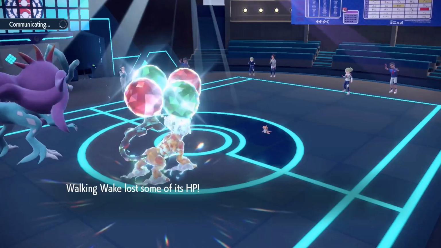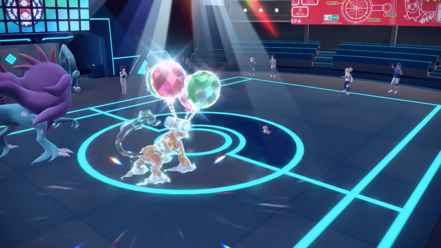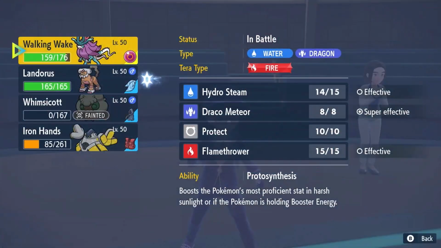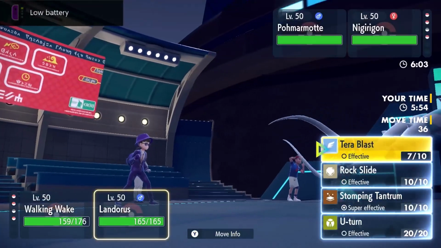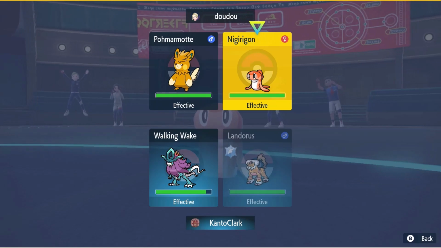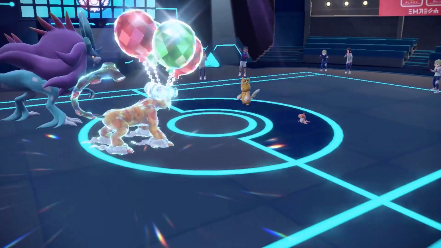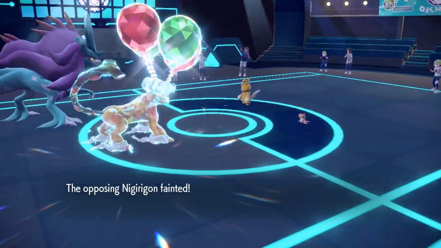So I'm wondering if there's still a way for me to win this, because they obviously have a really scary team. I think the best of both worlds play here is to Draco Meteor them and click Terra Blast, if that makes sense. Alright, so I might have messed up there by not protecting, but we do just one-shot them, so...